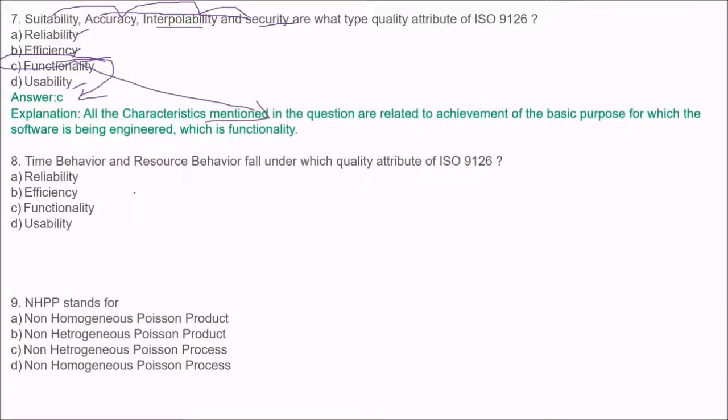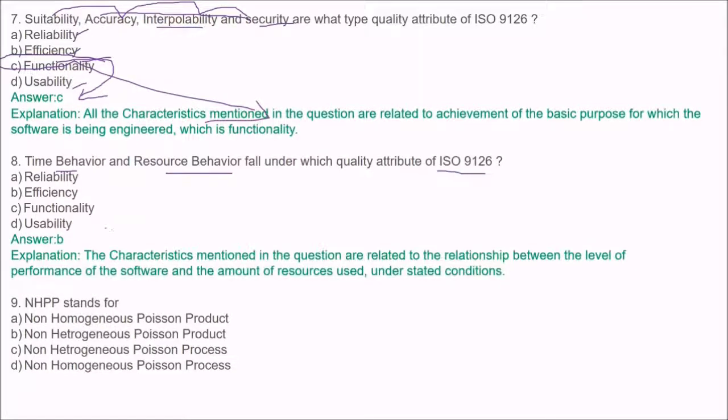Next is time behavior and resource behavior fall under which quality attribute of ISO 9126? The answer is efficiency. These characteristics mentioned in the question are related to the relationship between the level of performance of the software and the amount of resources used under the stated condition, which corresponds to efficiency, time